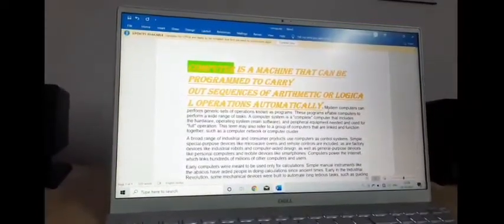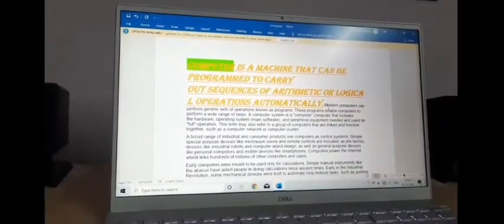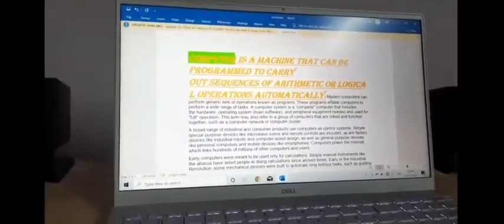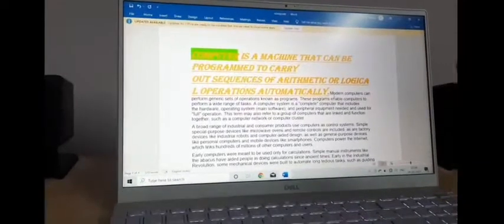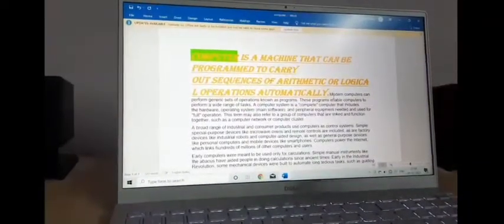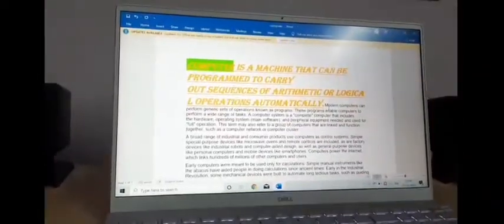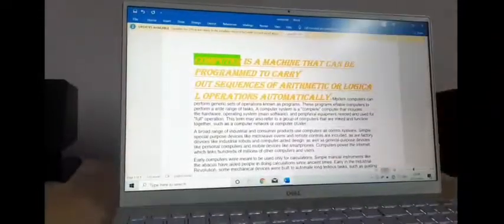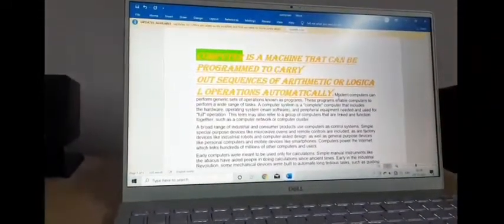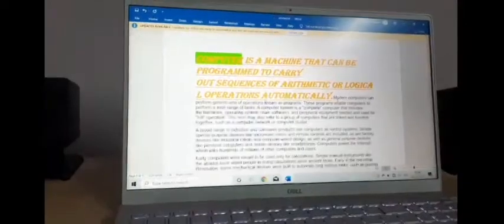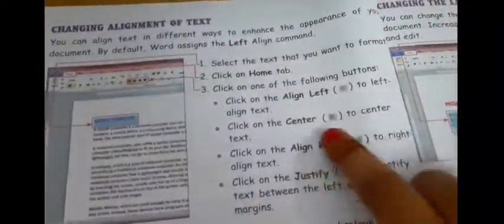Next is your alignment. Alignment is also again very easy. It is given in your book also. Alignment is the position of your text in your document. Like you have written something here. Now what is the position of your text? How it will appear, where it will appear on the page, that is known as alignment. And there are 4 alignments which you can see in your book also. It is given. See, align left, center, align right and justified. And the options are given here also.